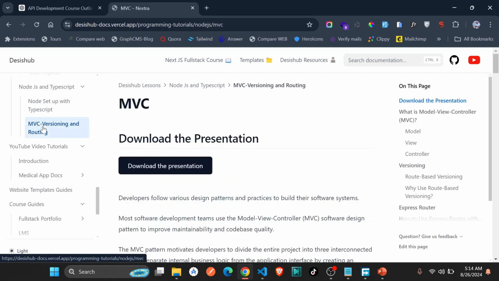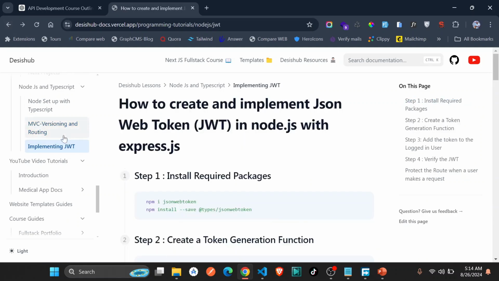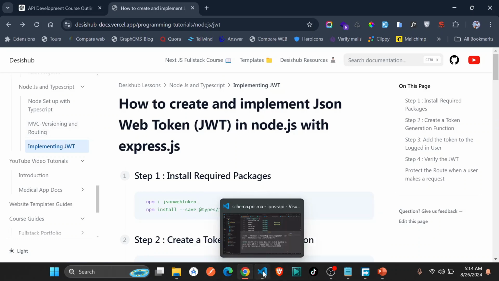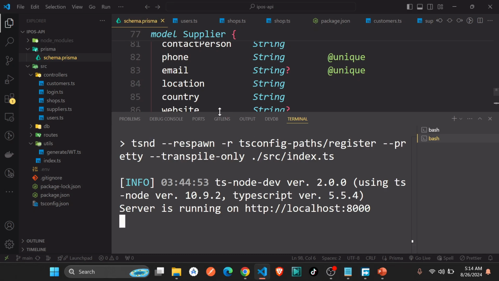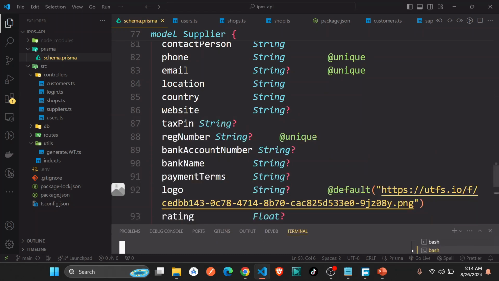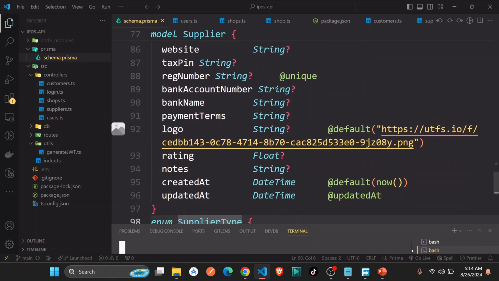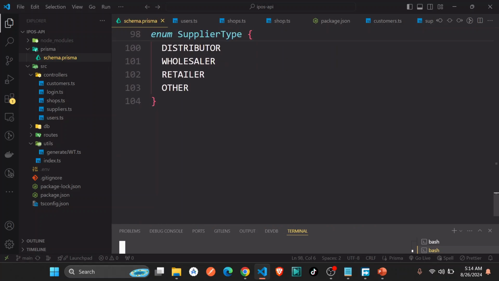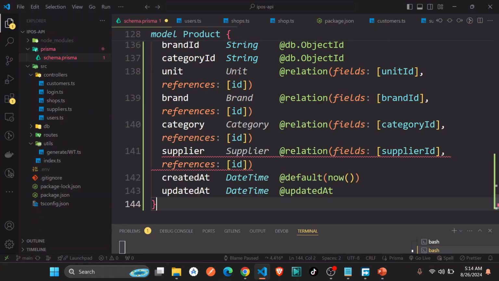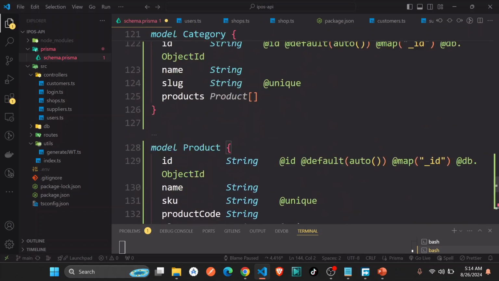So every time I make this, you can always check this PowerPoint. I always update the PowerPoint for the new things I have added. But right now we're just going to be going through, and wherever we need things in the documentation, I always add them so that they help us move faster. So I'm just going to go back to this. Last time we actually made this supplier, so I'm just going to go ahead and add these. I've added